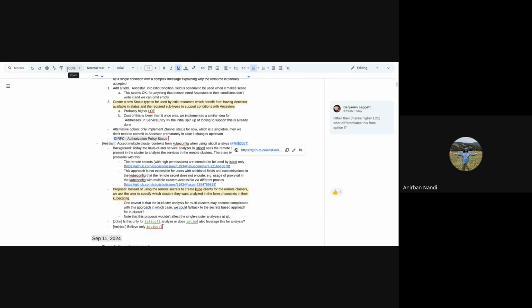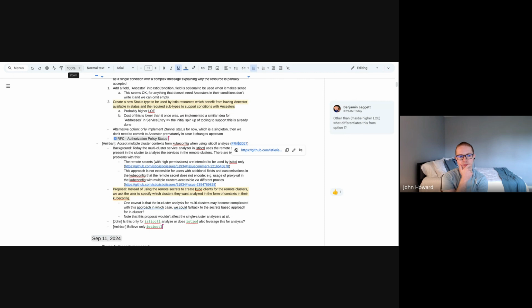Yeah, so what I feel, and what I already said and no one's disagreed, so maybe this is starting to drive to consensus, is that the default, if you don't override anything, is to use the in-cluster ones, and then we have some new flag, we'll call it multi-cluster kubeconfig, that will in some way, shape, or form have a list of configs.